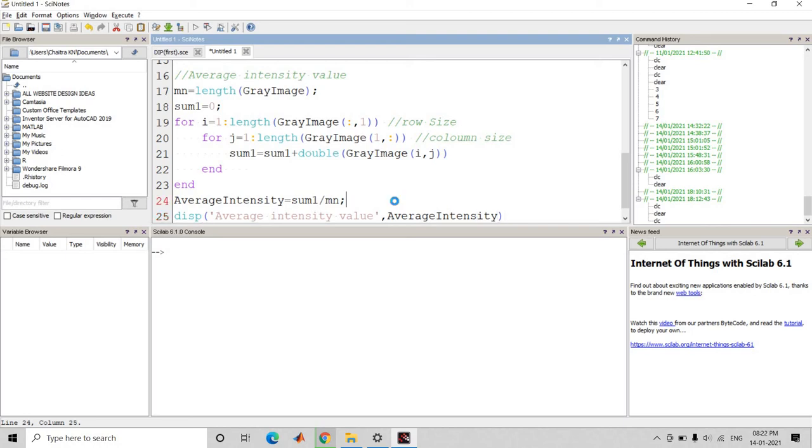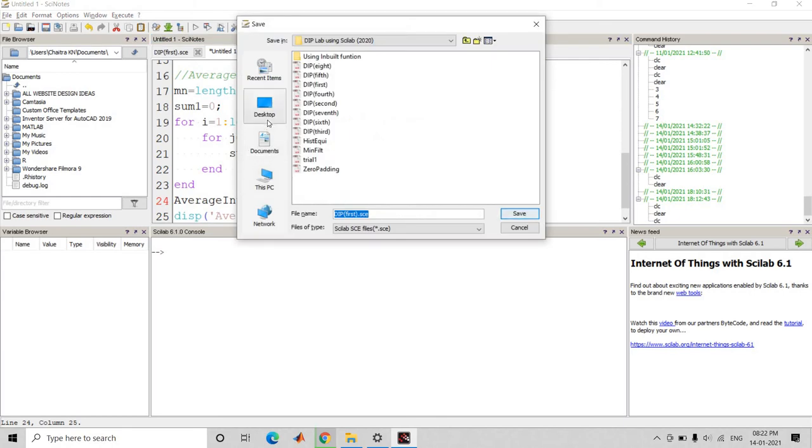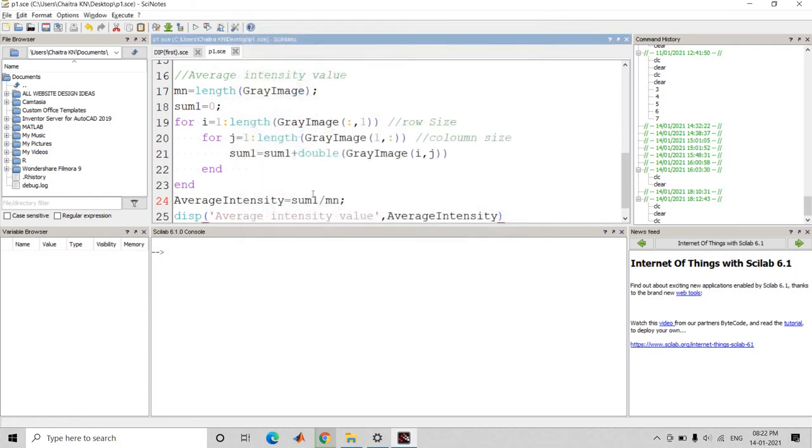So save it. Save it in a folder. Then execute it.